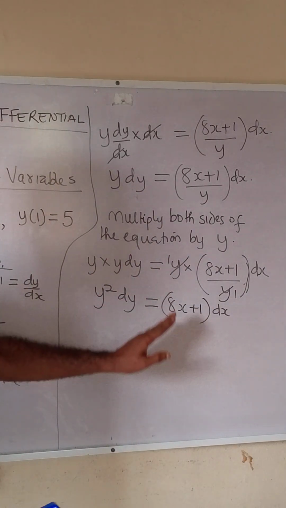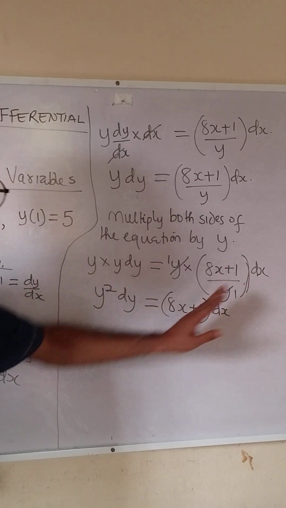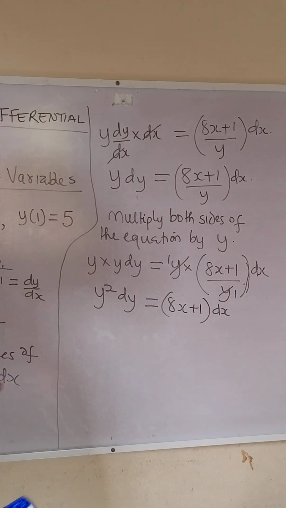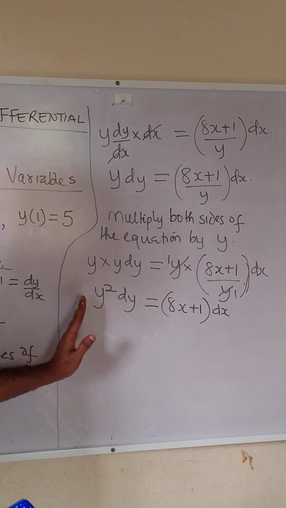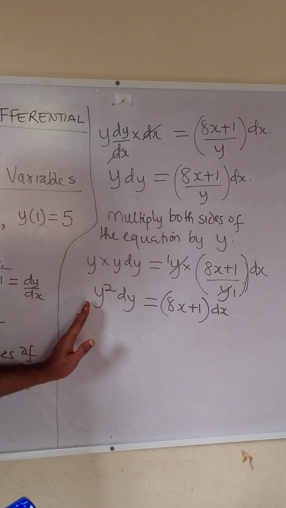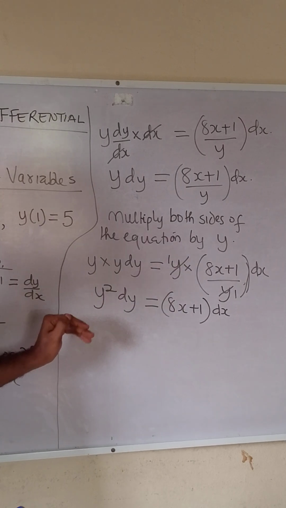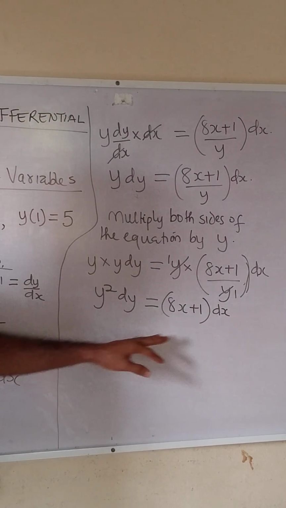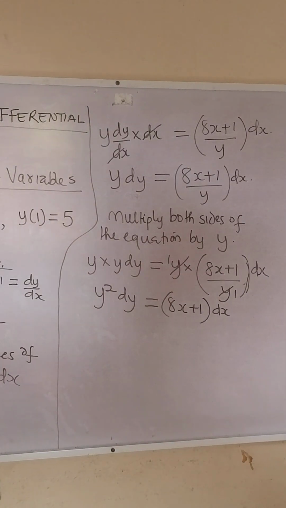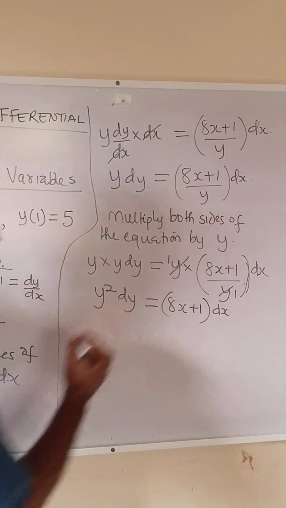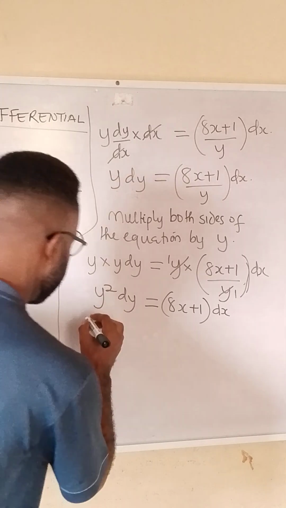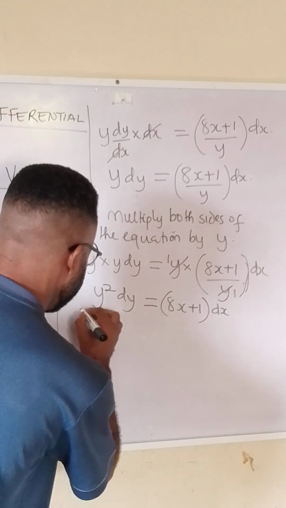On the right hand side we have (8x + 1) dx. So we've been able to separate x from y confidently and successfully. So at this point, since we've been able to do that, we can now use direct integration to solve the problem. And so I can make a mathematical statement here, integrating,